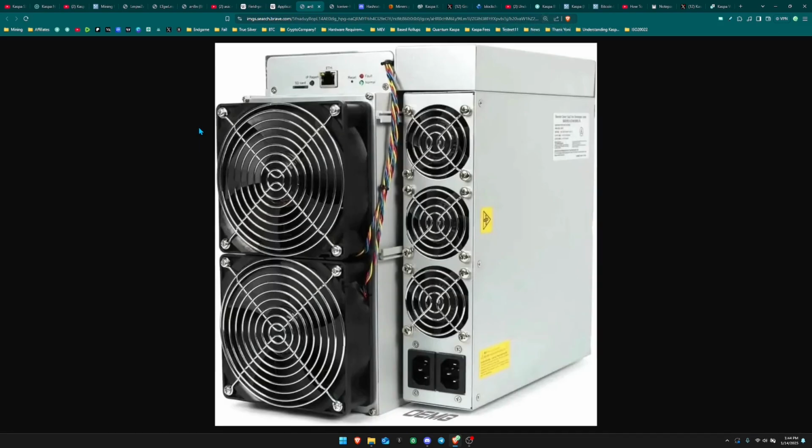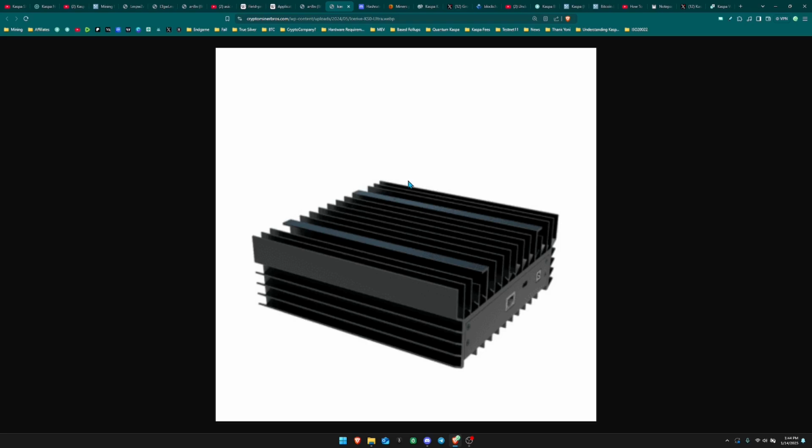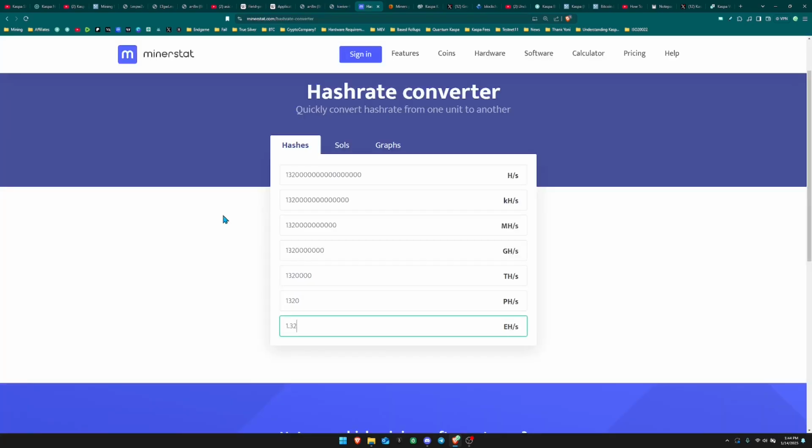ASICs typically can look like this depending on how much hash rate your ASIC is capable of producing, but they can also look as small as this within Kaspa. I mentioned that an ASIC can produce hash rate, and every single piece of mining hardware can produce hash rate, all the way from CPUs up to ASICs. So typically